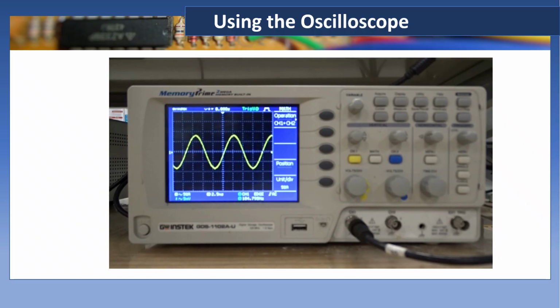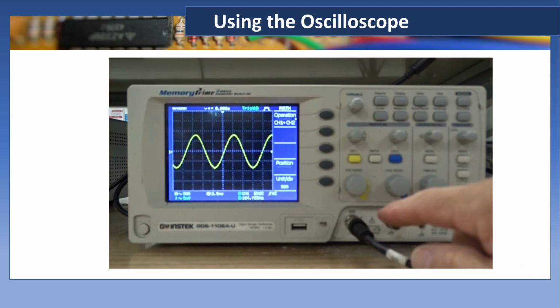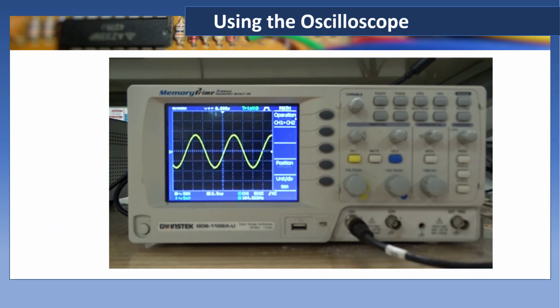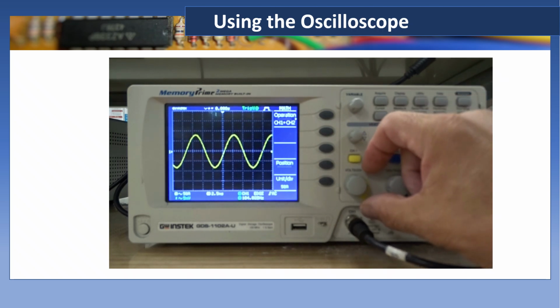Okay, so this is our oscilloscope, and we're going to go over a few of the functionality and features of it. Now the oscilloscope is divided up into your screen and your controls. They use 2 different channels, depending if you're looking for a single signal or a dual trace. Each of them have a volts division, and there's one master time division. Now the volts division